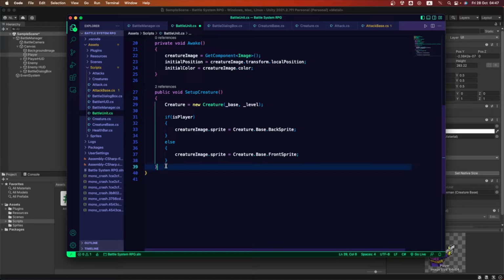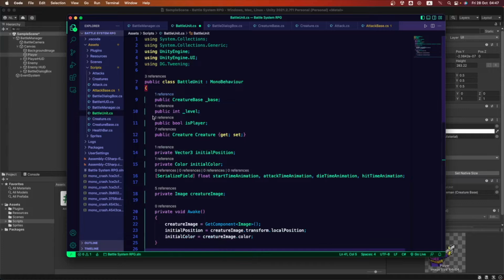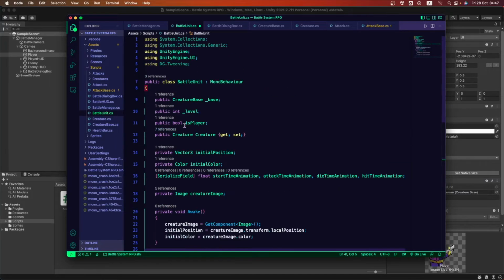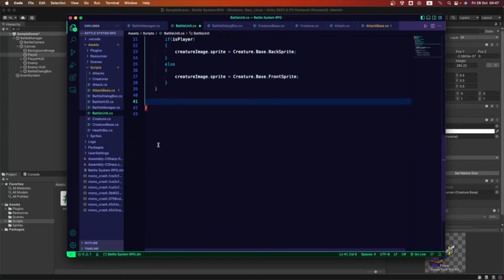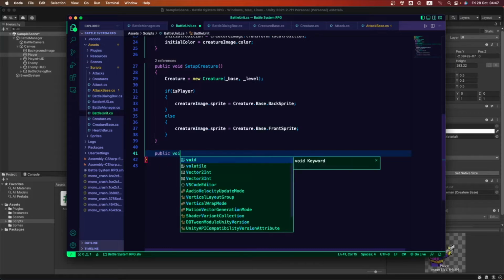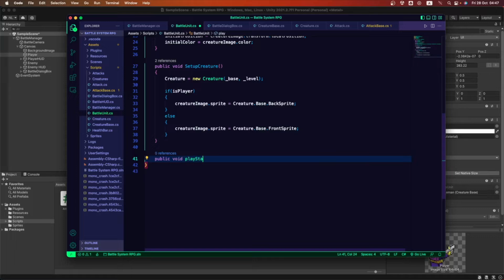So we're gonna go down here. It's inside the battle unit class, not outside, so we're gonna be working also inside the battle unit for all of these animations. So don't go outside of it. Our first animation is gonna be called PlayStartAnimation. That is gonna be the name of our method.